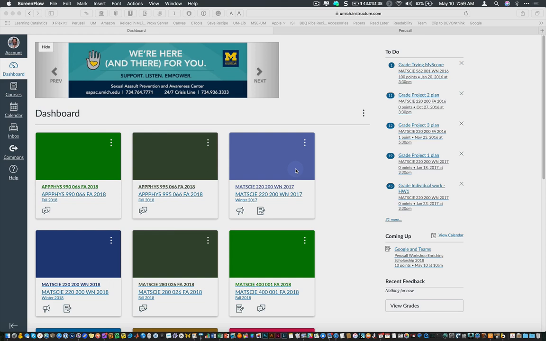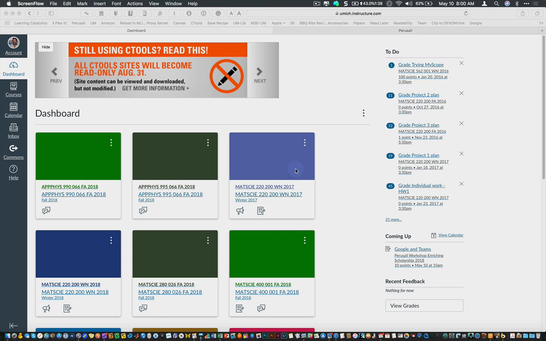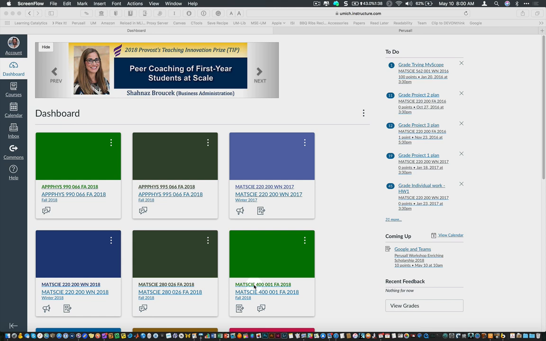This is to show you how to create a course in Perusall from Canvas. And this will enable the LTI tool so that students will be required to go to Perusall through Canvas, taking advantage of the Kerberos security, and it will allow the grades to flow from Perusall back to the gradebook in Canvas. So the way to do this is you first go to your dashboard and choose the course that you